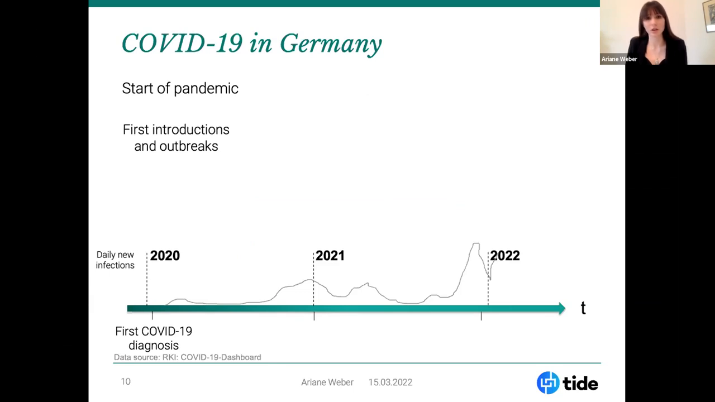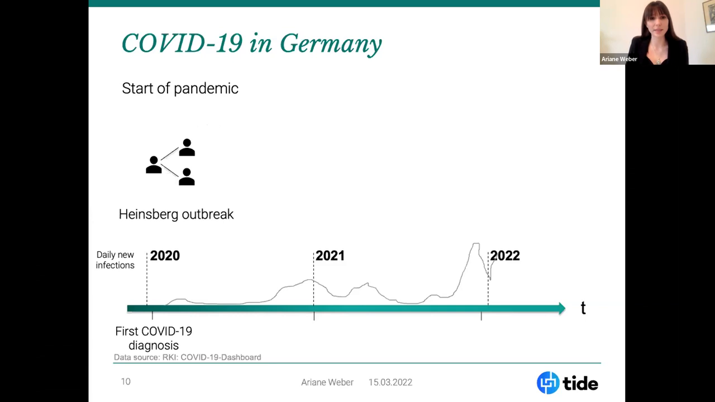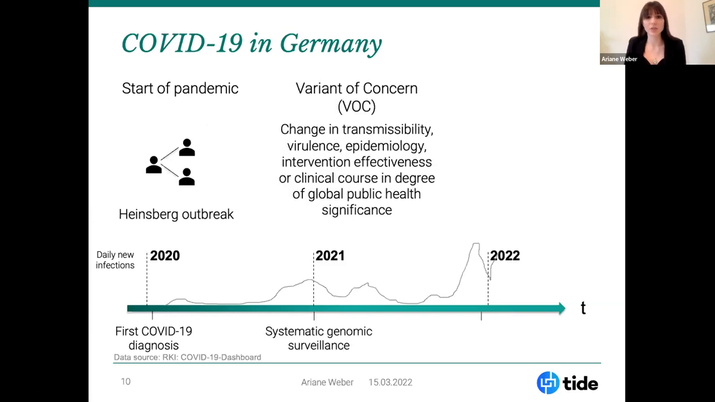And this is already the context of the first example that I want to present, being a data set of sequences from the so-called Heinsberg outbreak, which was one of the first bigger outbreaks in Germany, facilitating the seeding of the epidemic in the country. So during 2020, there was not yet any countrywide systematic genomic surveillance undertaken in Germany, but this changed at the turn from 2020 to 2021